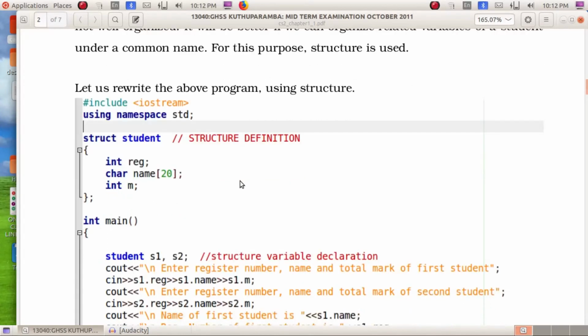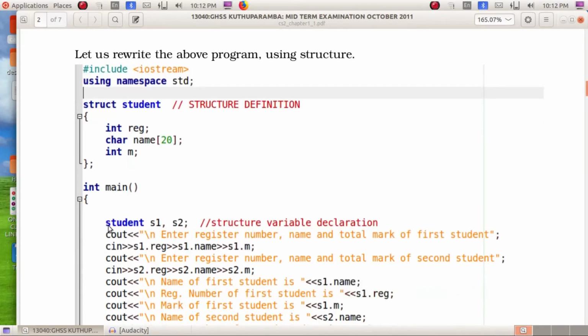Now we are writing int main as usual in our program. In every program there will be a function called main. Then what is the first line? Student s1, s2. Here we are declaring two variables s1 and s2. What is the data type of s1? Student. What is the data type of s2? Student.